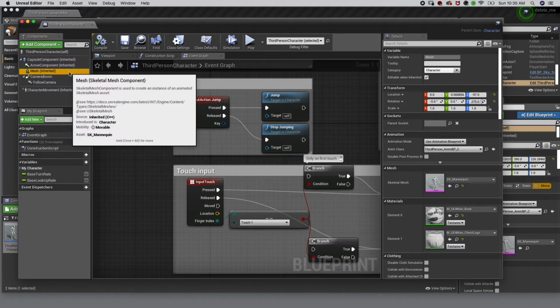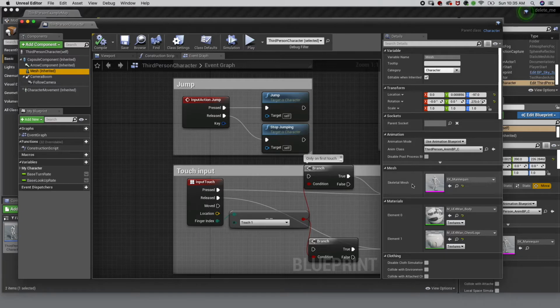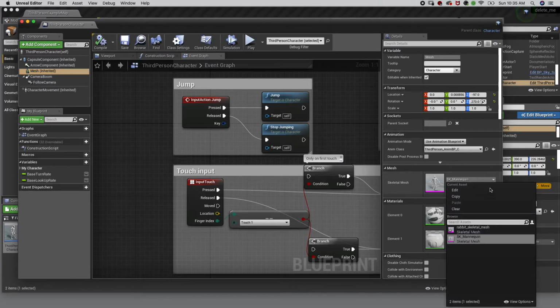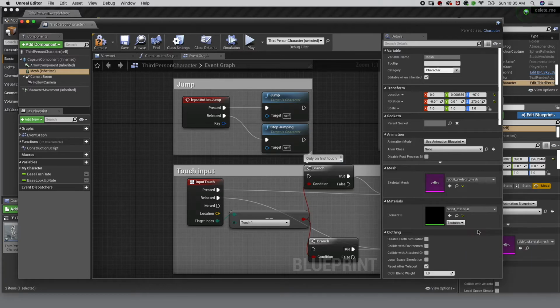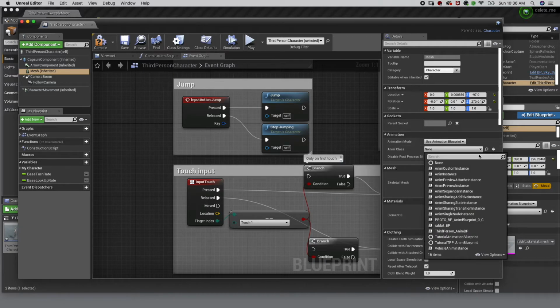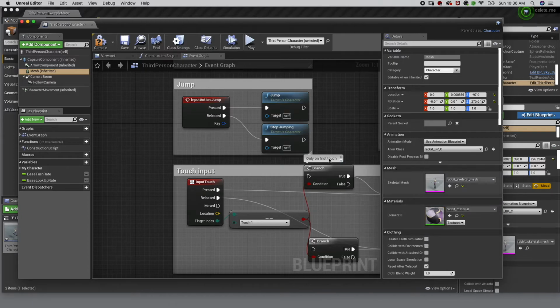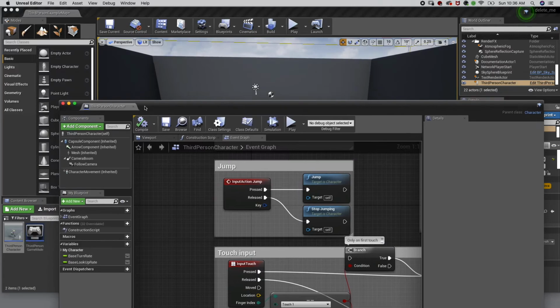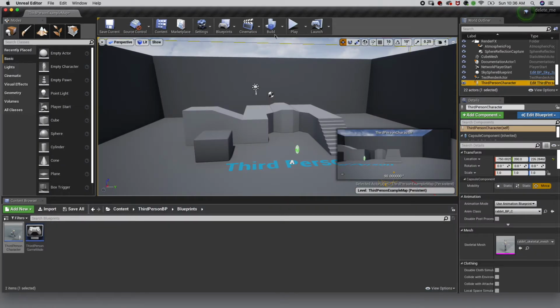And the first one that I'm going to do is make sure Mesh Inherit is selected. I'm going to go to Mesh, and where it says Skeletal Mesh, I want to swap the one that you see in the viewport for my little rabbit character. So I'm going to click on where it says Mannequin, and I'm going to find Rabbit Skeletal Mesh, and there it is right there. Then we're going to hook up the animations, and under Anim class, I'm going to grab my rabbit blueprint with all that animation data in it. And then now if I hit save, maybe compile, just to be safe,